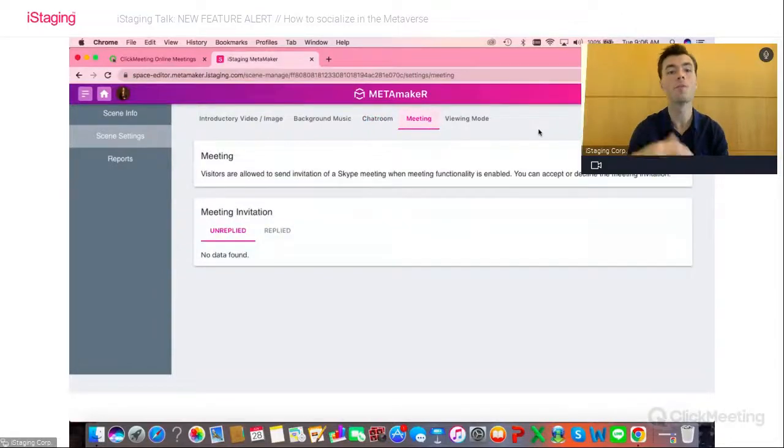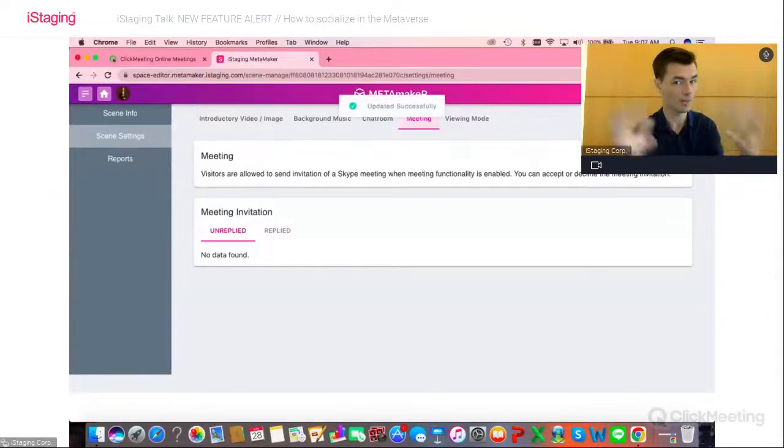Then, in terms of meeting, and this specifically goes for the creator of the scene, you can allow people to actually book a meeting with you, or leave a message specifically for you. I want to do that as well, and I'll show you where that actually shows up in the actual environment. So we want to activate the meeting functionality too.